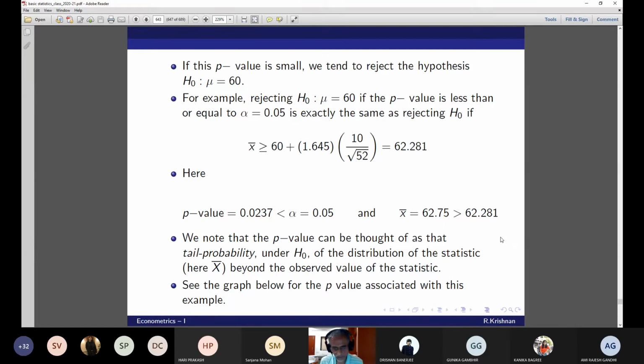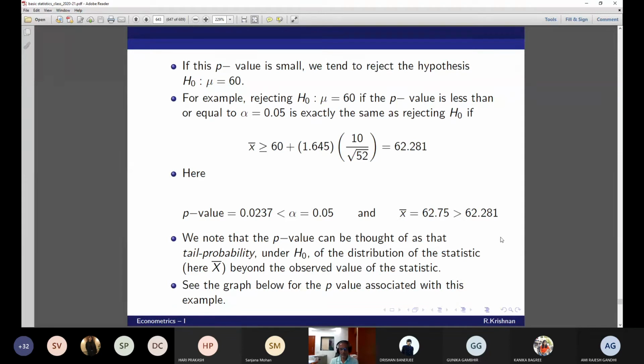Yes. Okay, so this is what the expression is. You don't have to be at 60.5 to accept the null for mu equal to 60. You don't have to be that low. It is enough if you come as low as 62.281. Suppose it is 62.181, probably it will be accepted at the 5% level. That null of mu equal to 60 can be accepted. Okay, so this is exactly what we'll see.